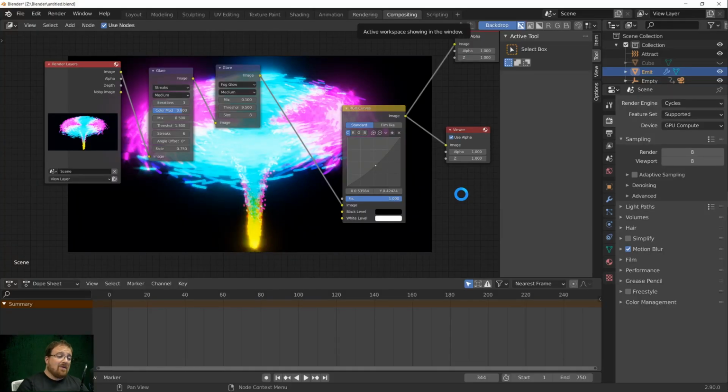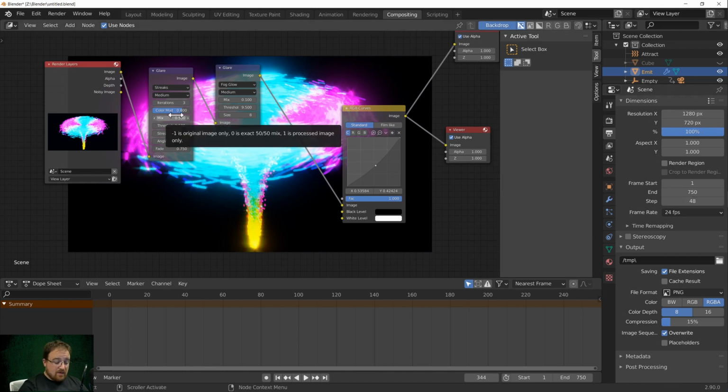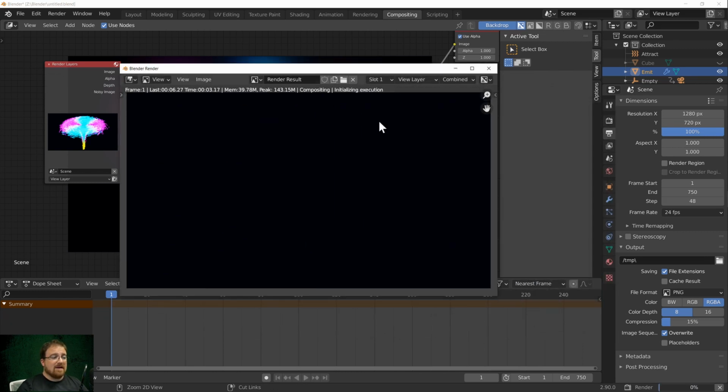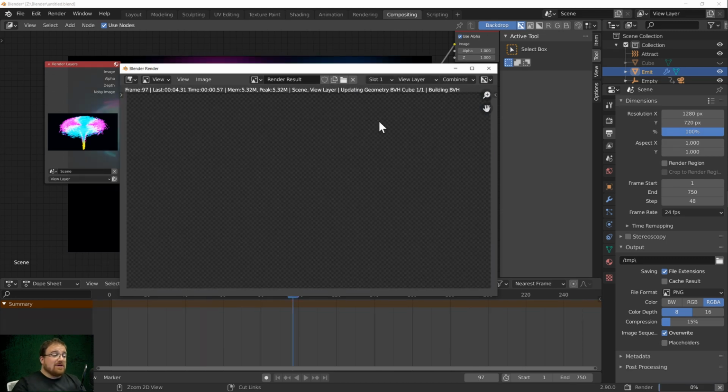Okay, so saving our work before we go, the first thing I want to do with the rendering is go to the Output tab. By going to the Output tab, it's going to enable me, once Blender's finished saving, there we go, to set this step size. I am going to do 48 in this case, and I'm going to go ahead straight away and go Control F12. Now Control F12 will start rendering each frame of our animation, and we've jumped literally 2 seconds at a